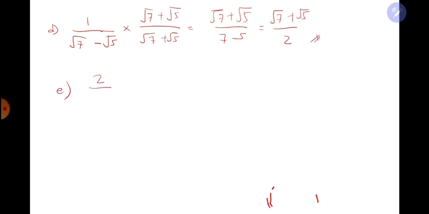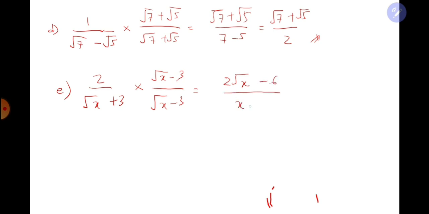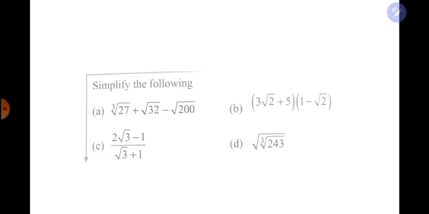So E will be 2 over square root of x plus 3. So you want to rationalize, you have to multiply with the conjugate of the denominator, which is square root of x minus 3, over square root of x minus 3. So you will get 2 square root of x minus 6 over (square root of x) to the power 2 minus 3 to the power 2. So you will get 2 square root of x minus 6 over x minus 9. So that's your answer. Okay, last example, we have